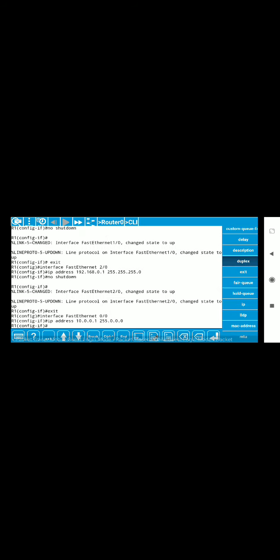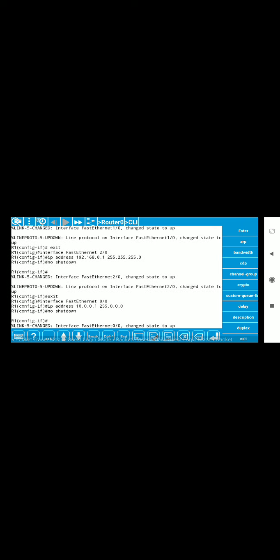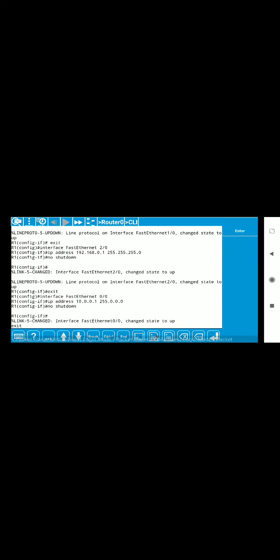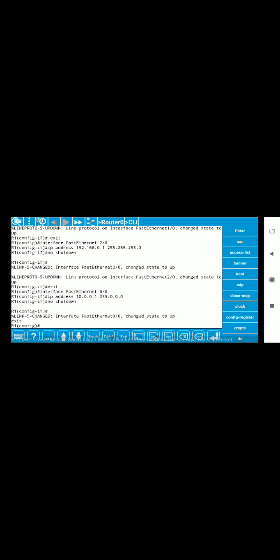Okay, and the next command that we have to run is no shutdown. Click on enter. So our third interface is up now. Okay, click on exit. So we exit from this config-if command prompt.